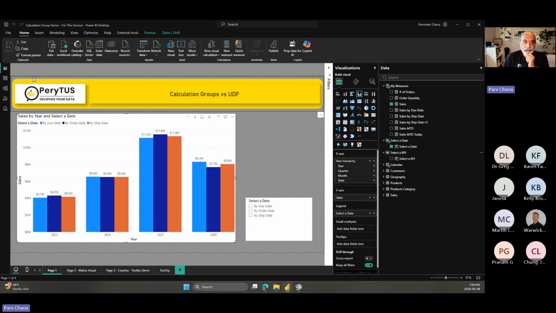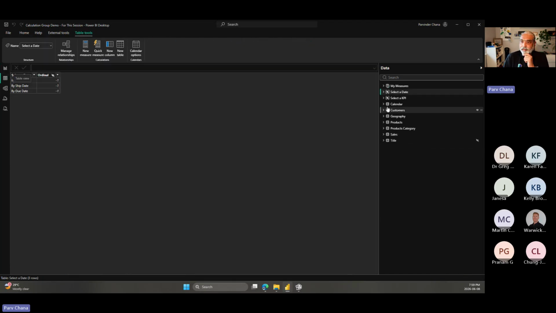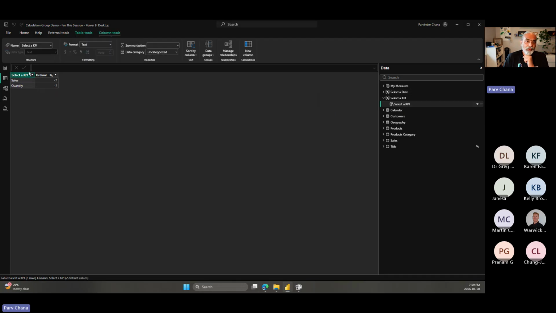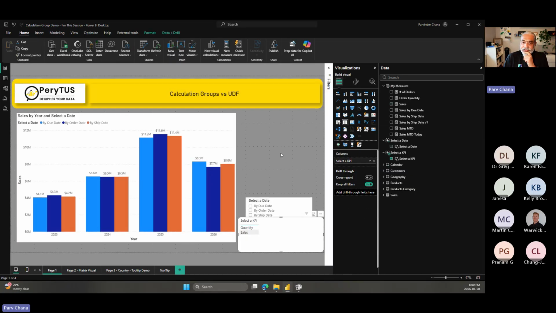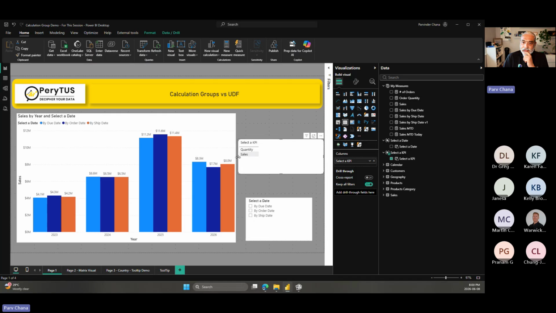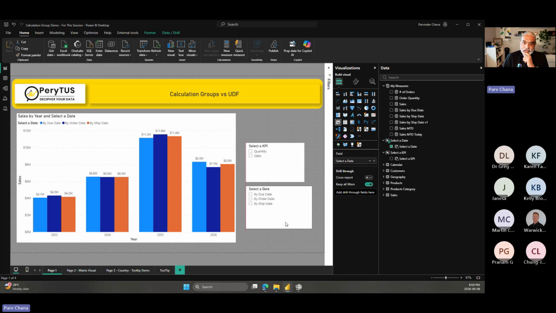And now we have another calculation group here called select a KPI. And with the column, I call it select a KPI, and then there's 2 calculation items as rows. So I'm going to use that select a KPI. And so now in this particular scenario, what happens is